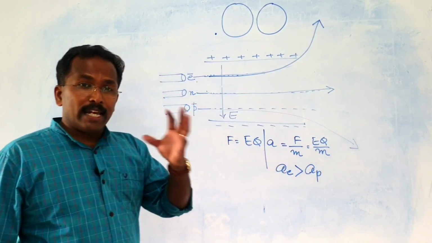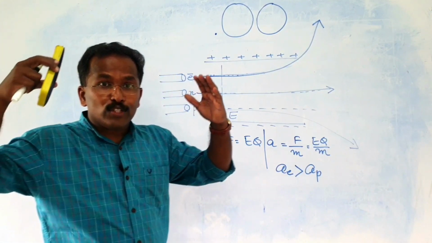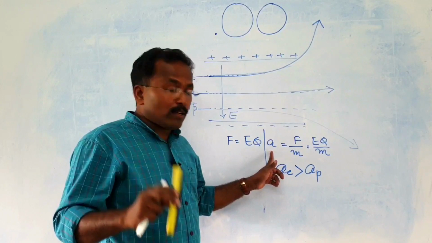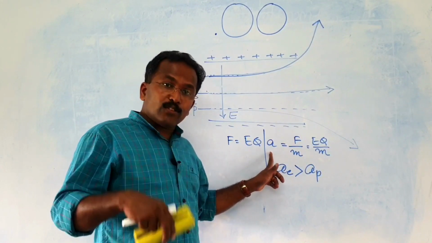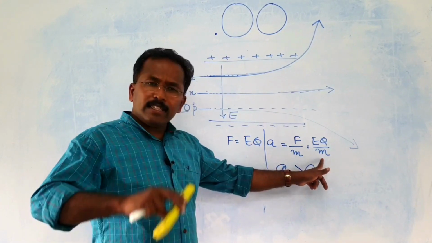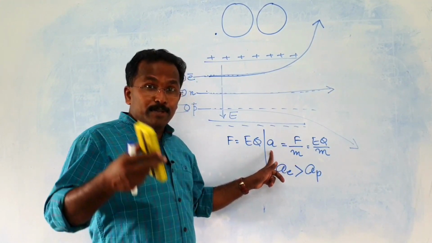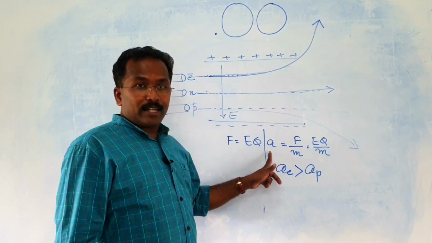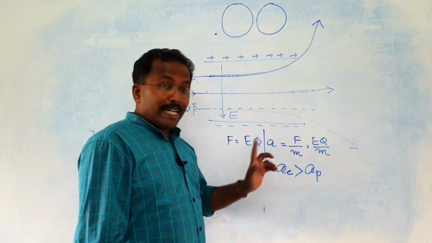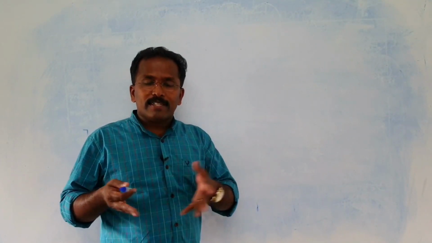In the case of gravitational field last year, I hope you can recollect, whatever be the mass of the object that is falling to earth, the acceleration does not depend on its mass. That acceleration in the case of earth was acceleration due to gravity. There you have free fall, which means irrespective of the masses, all objects have the same time of downfall and acceleration. But here the time of movement and acceleration are different. So for better understanding of the electric field, we spend some more time with this.